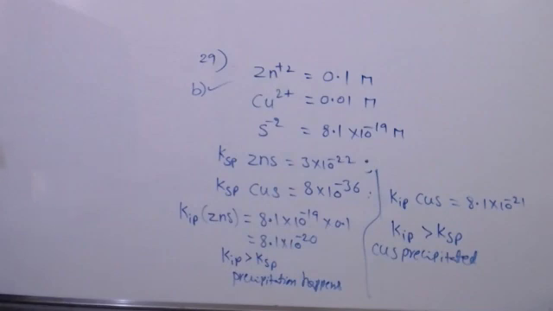Okay, 30. At 300 Kelvin, a gaseous reaction A giving B plus C was found to follow first order kinetics. This one is kinetics and order of reaction, which will come in depth in 12th standard chemical kinetics. Starting with pure A, the total pressure at the end of 20 minutes was 100 mm of Hg. The total pressure after the completion of the reaction is 180 mm of Hg. The partial pressure of A in mm of Hg is,